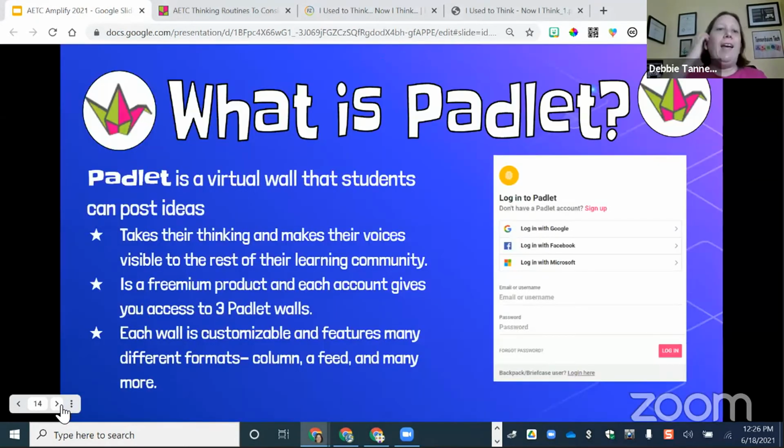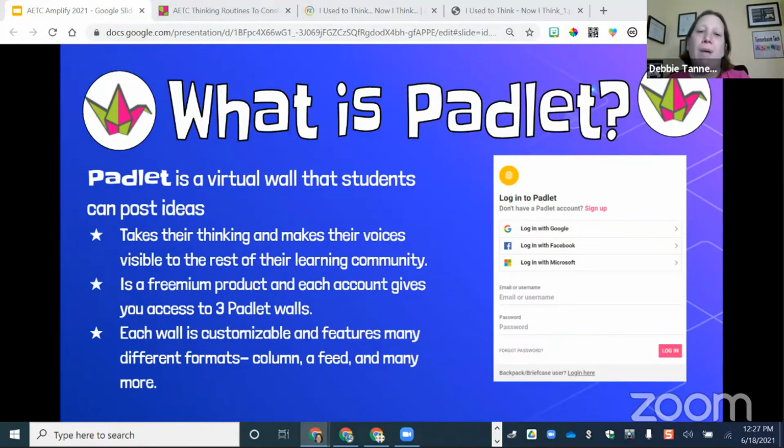While you're writing that, Padlet is a virtual wall that lets you post ideas. We just used Padlet. I love it because everybody can use it regardless of their location and really share, which really makes it nice. It is freemium, which is something I don't like about it. You get 3 Padlet walls for free. I see somebody sharing in the social wall that they loved using it last year. And I'm seeing some 2s there, which is absolutely great. Like I said, it's a tool that I feel is really worthwhile.